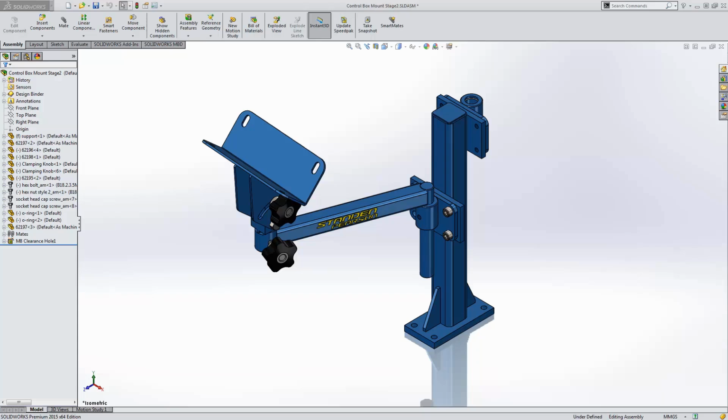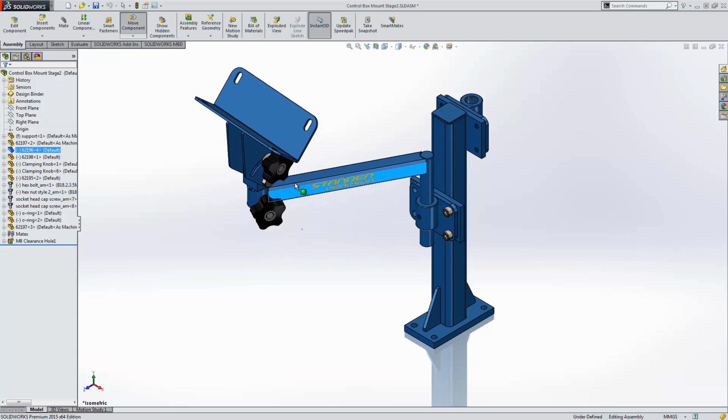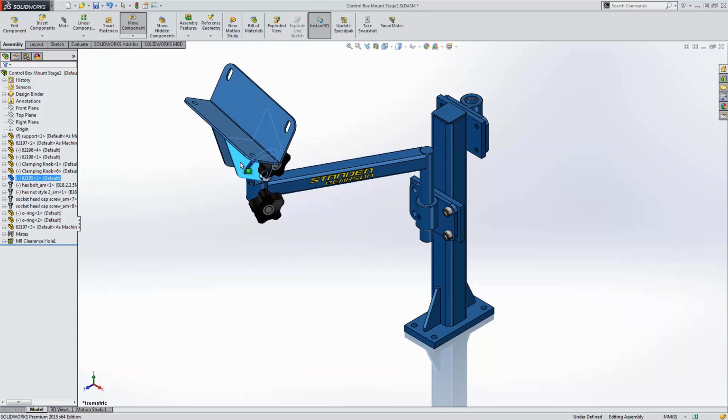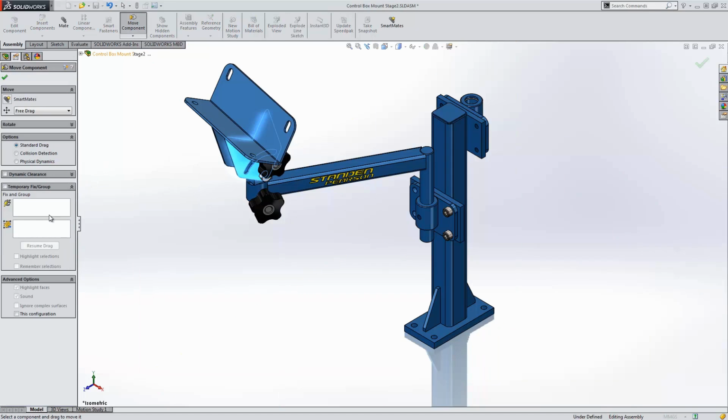Today we're going to be looking at what's new in the SOLIDWORKS 2015 Assembly Environment. SOLIDWORKS pioneered assembly motion and mimicking real-life situations. However, when you have multiple components that all have degrees of freedom, sometimes this can be a little difficult to control. In SOLIDWORKS 2015, through the Move Component dialog box, we have the ability to temporarily fix components, allowing us